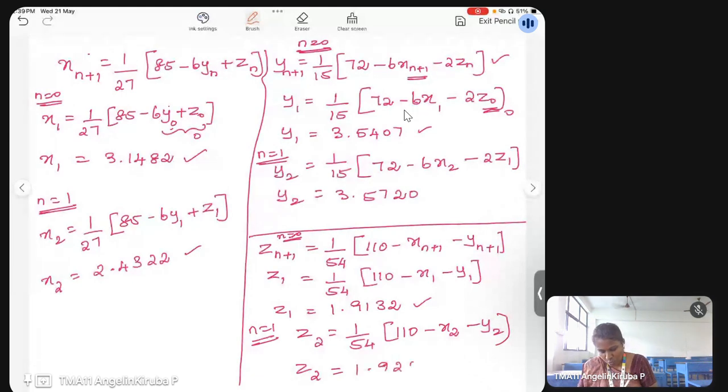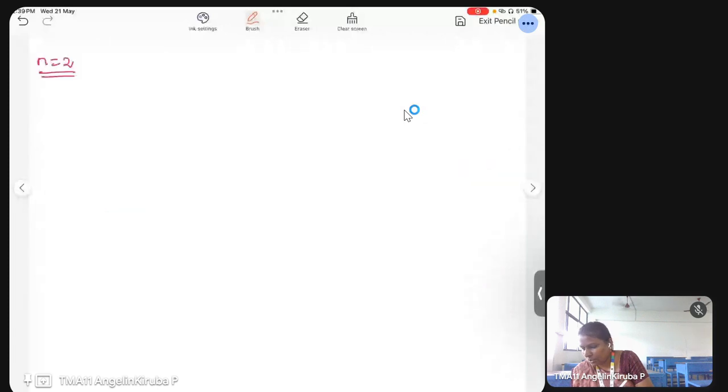Okay. So next we have to put n is equal to 1, and it goes on until we get the same value. You have to keep putting values until the same value comes. Next I am going to n is equal to 2. So n is equal to 2, x3 will be equal to